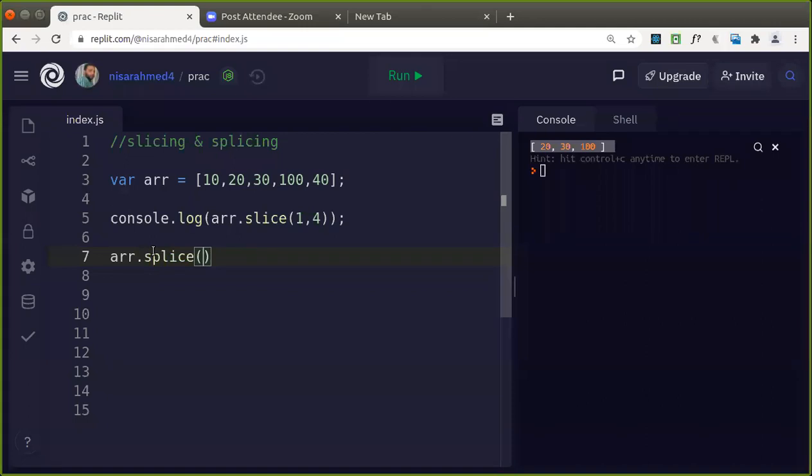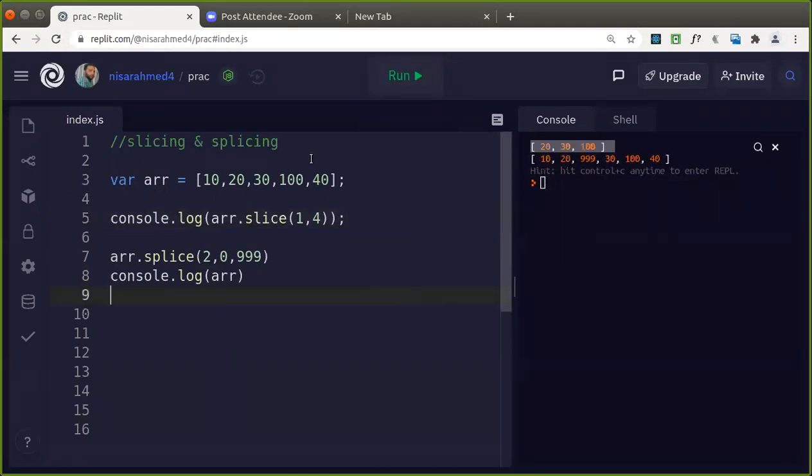The splice function takes 3 parameters. The index of 2. So what is the value at the index of 2? 0, 1, 2. That is 30. So how many values do I want to replace? 0 values. What do I want to replace it with? Some other value, 999. Good. Console.log of array. So what did we get here, guys?